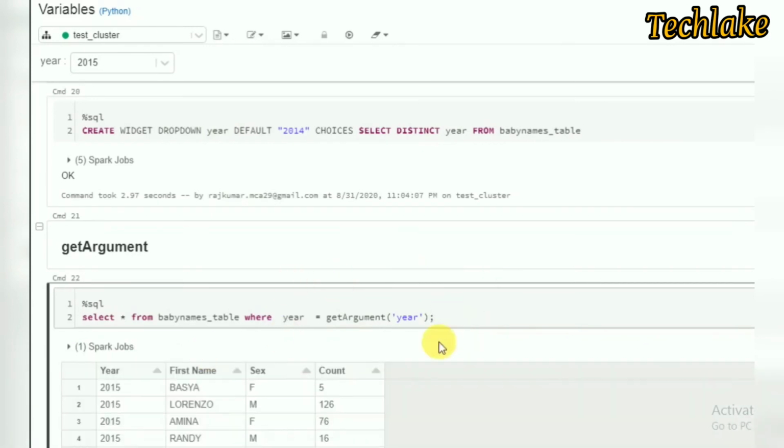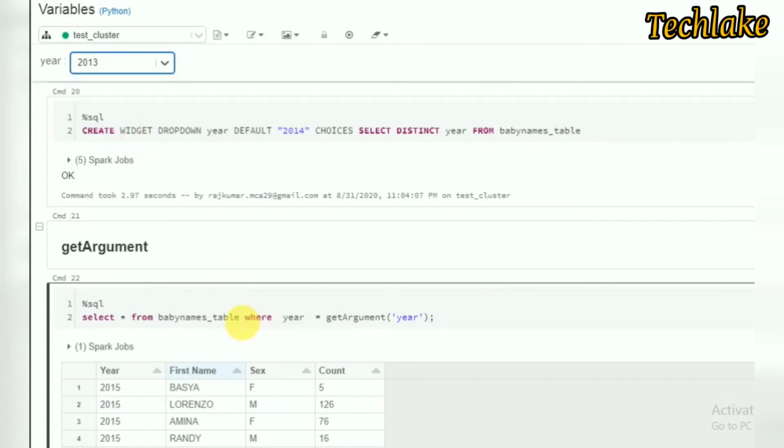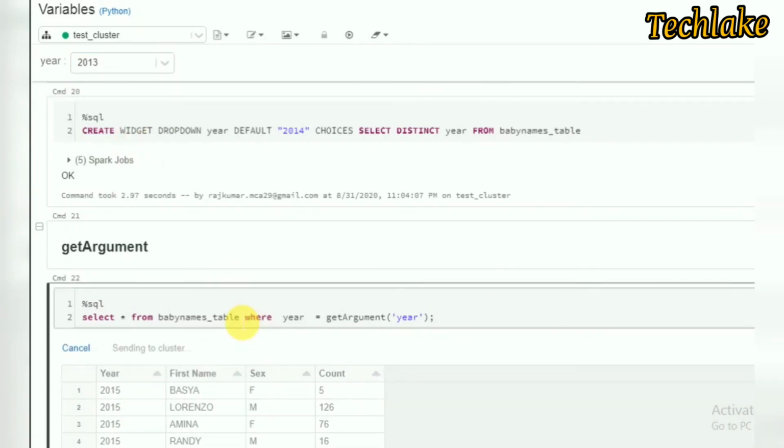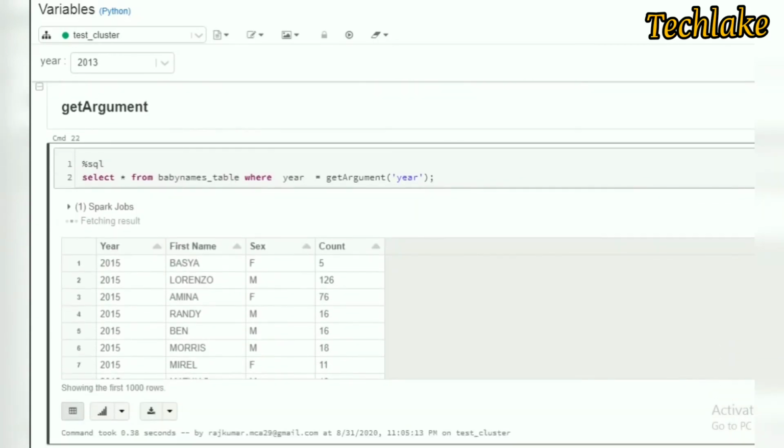Here I have selected 2015, it is displaying 2015. If I change this to 13 and run, it is not changed. Okay, still it's fetching.